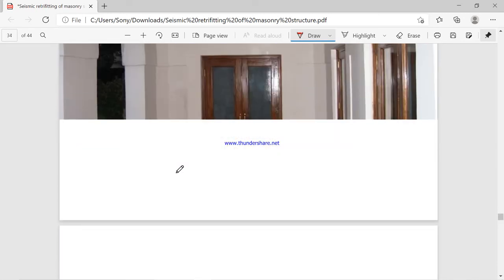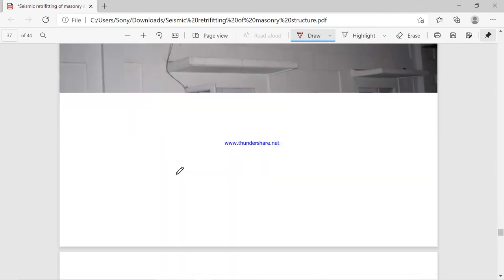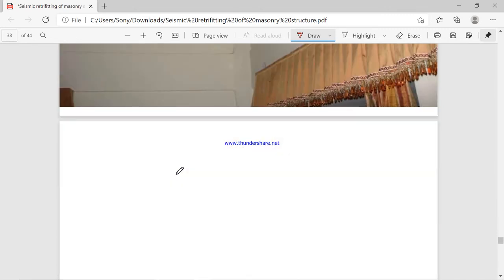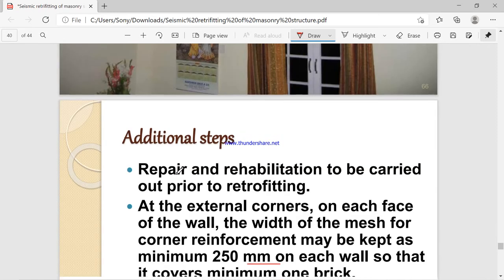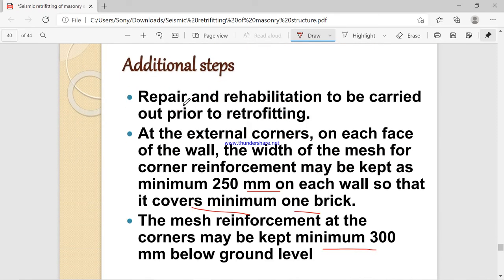Next are additional steps. Repairs and rehabilitation are to be carried out prior to the retrofitting.